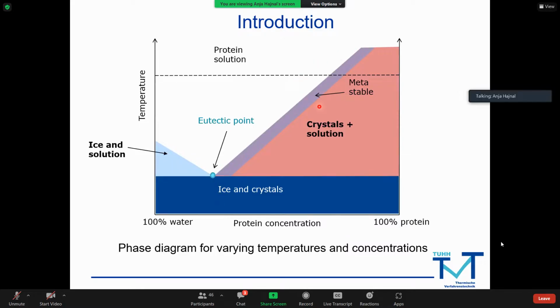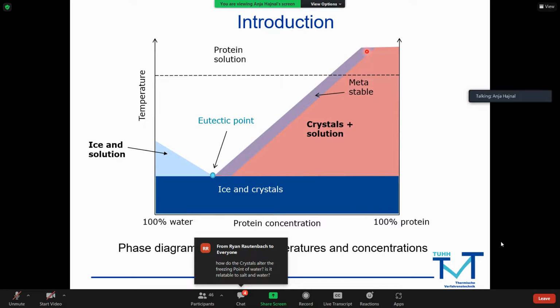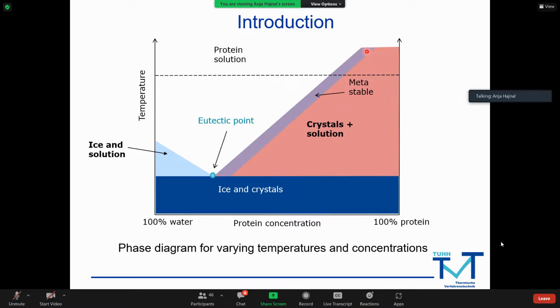Now, in crystallization, we also have this metastable zone, which is the zone right below our liquidus line. And in this zone, even though we have reached the supersaturation, we do not yet have enough energy in our system to form the crystals. So in this area, the interfacial energy is opposing the driving volume-free energy, and our crystals cannot nucleate. But we can achieve the nucleation if we add,